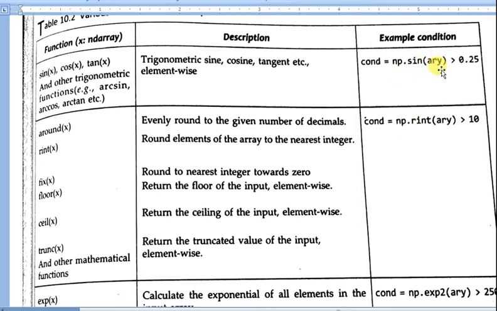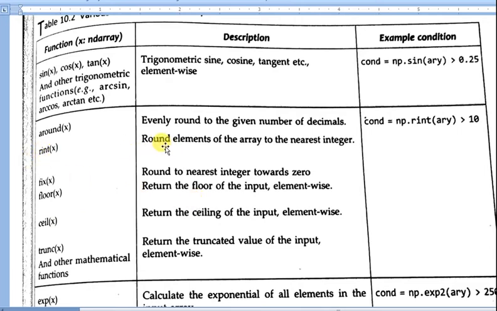These are the functions: sine, cos, tan, and a round function, which only rounds the given value to a given number of decimals. You can use these operations and functions and check the value.